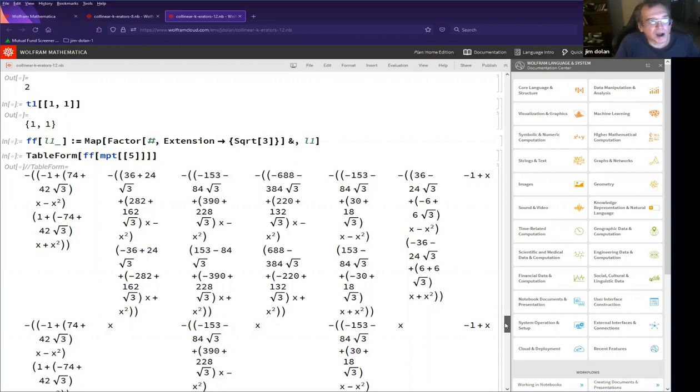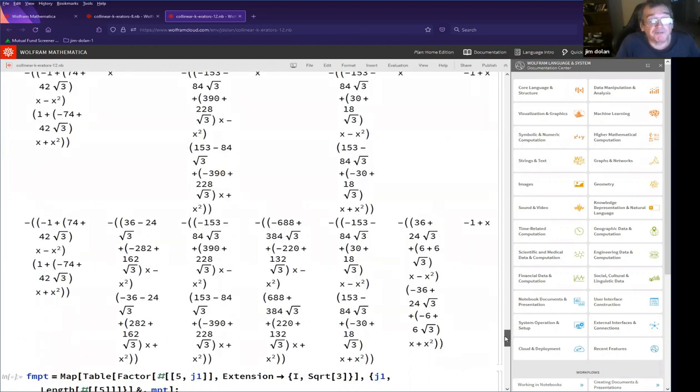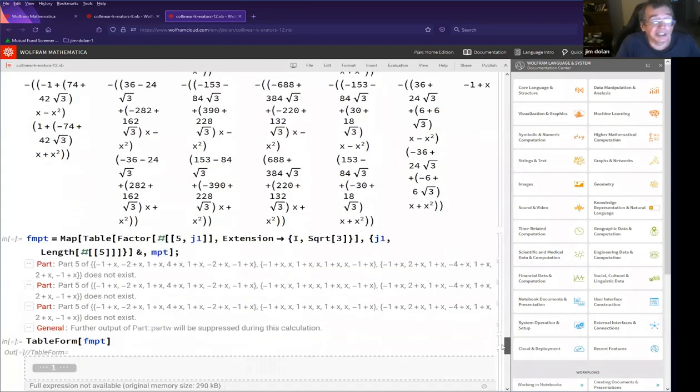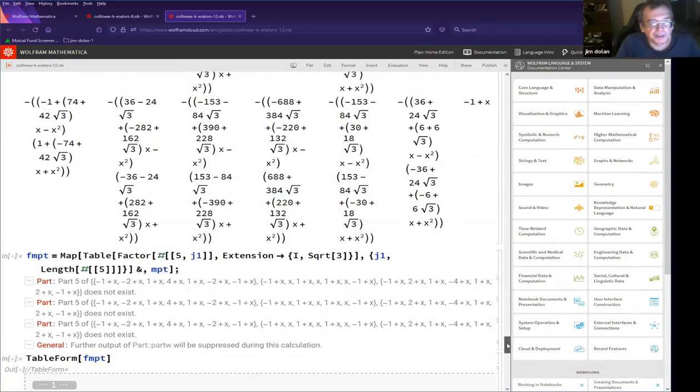Now, you might wonder why the magic number square root of 3 is showing up here. I think I first tried factoring over the Gaussian integers, and that didn't really help. They didn't factor. They were still quartic at that point. But for one thing, I could look at the formulas, and I saw that square root of 3 was showing up in the formulas a lot. So I decided to factorize with square root of 3 in the base field. But there's another reason why square root of 3 makes sense to show up here.